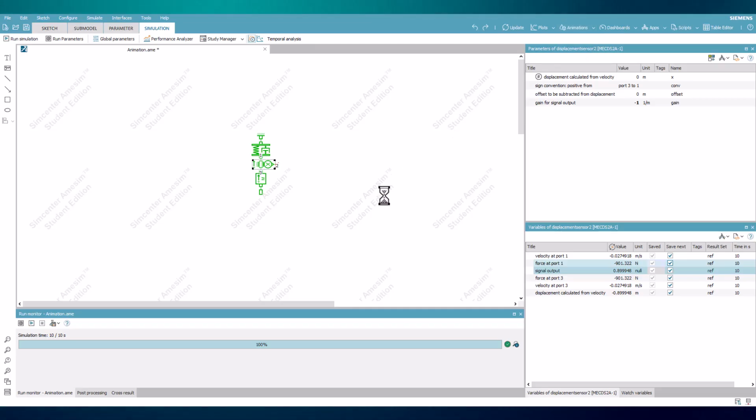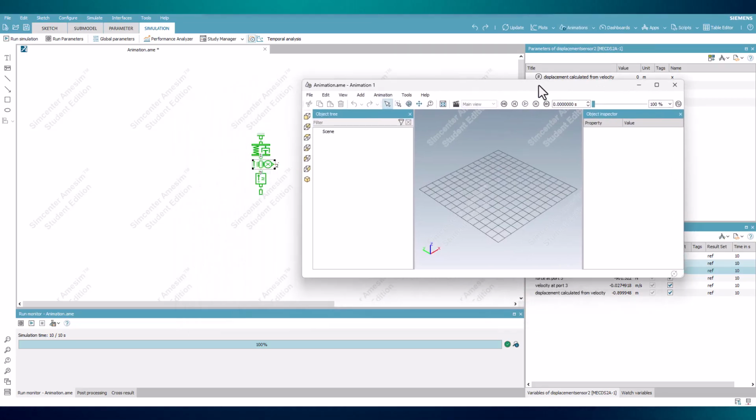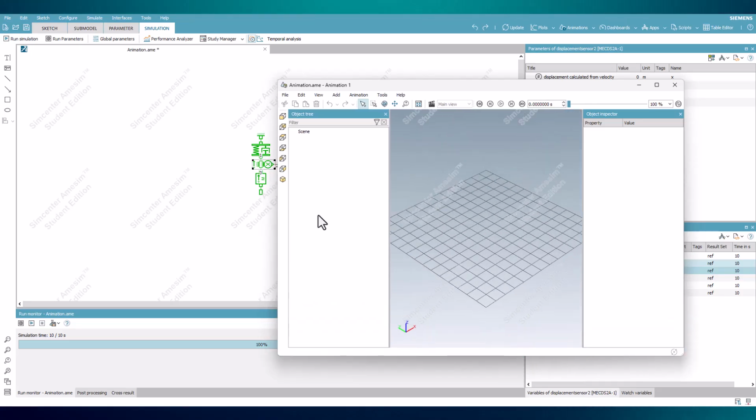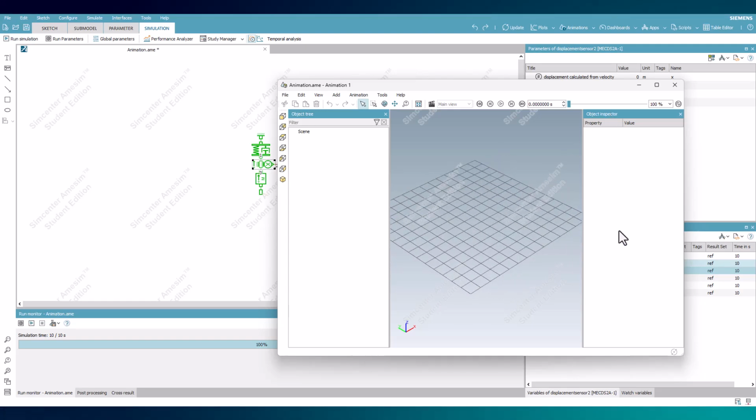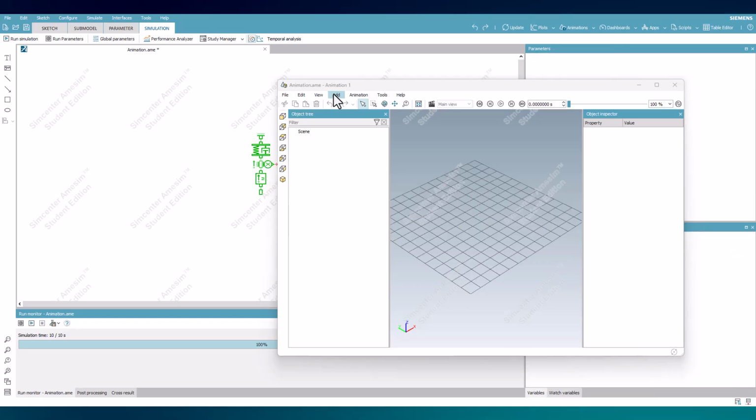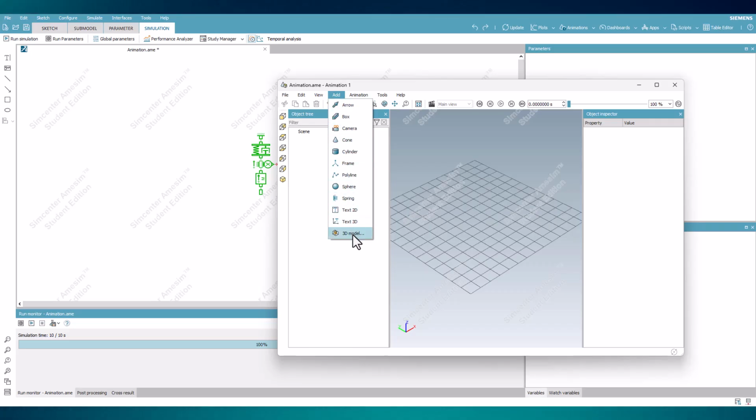With the window open, there are three primary areas, being the object tree, where the items within the animation will be listed, the scene window to visualize the items, and the object inspector that will display these items' positions and properties. Items are brought into the scene through the Add drop-down menu to the top that includes a variety of shapes and text to choose from, as well as the option to select your own 3D models.